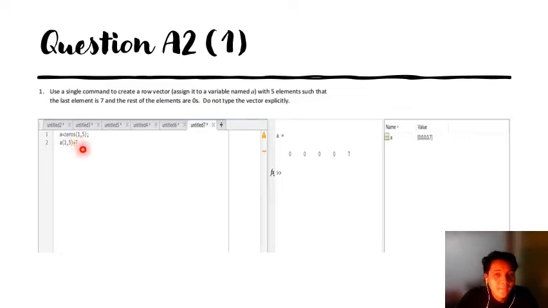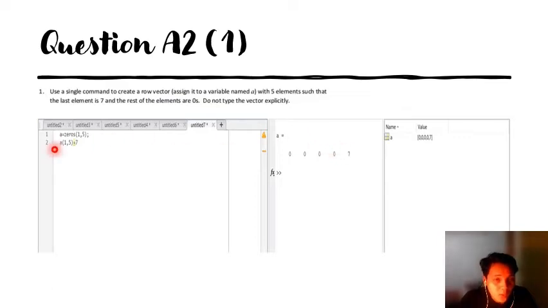Zeros means that the vector will contain all zeros with a dimension of 1, 5. 1 represents the row while 5 represents the column. 1, 2, 3, 4, 5. And then we're not done yet. If we write this, they only appear